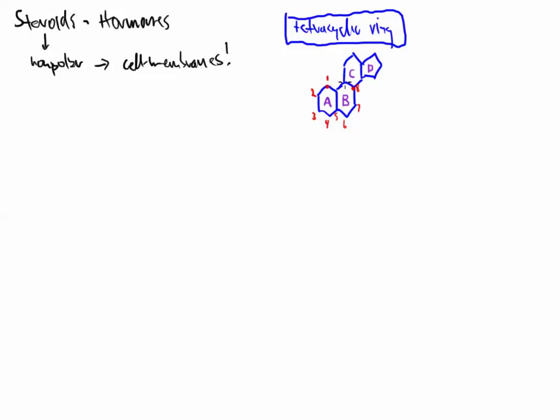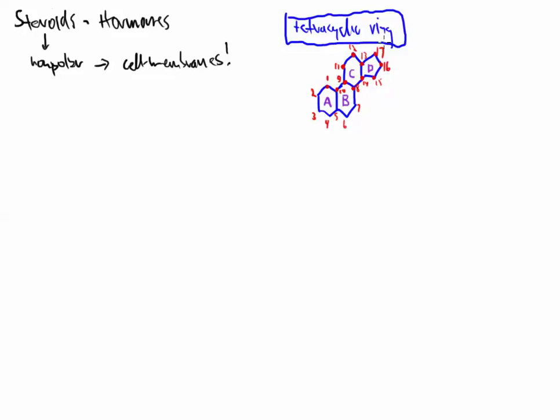Then you've got to be careful, because number 9 goes here, and then number 10 circles back around, and there's number 10. So continuously all the way around rings A and B, and then they close that up. And then carbon number 11 starts right here, and then it goes carbon 12, carbon 13, and then we go across to carbon 14, carbon 15, carbon 16, and finally carbon 17.